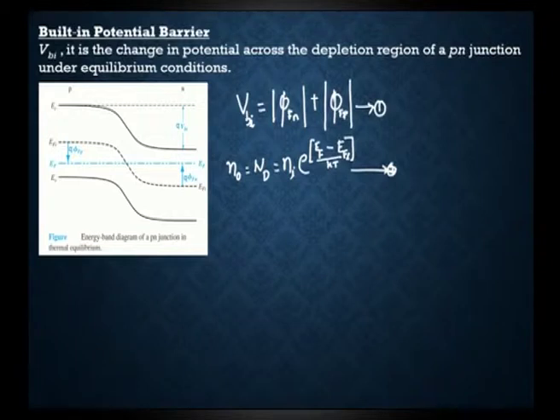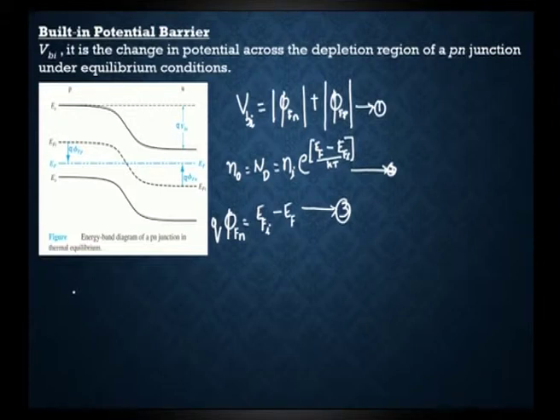Here Nd represents the donor concentration, and we can also define the potential in the n region, that is, Q into phi Fn, which is equal to EFi minus EF. We can observe from the figure that Q phi Fn is equal to EFi minus EF. This is equation 3, and here EFi is the intrinsic energy level and Ni is the intrinsic carrier concentration.